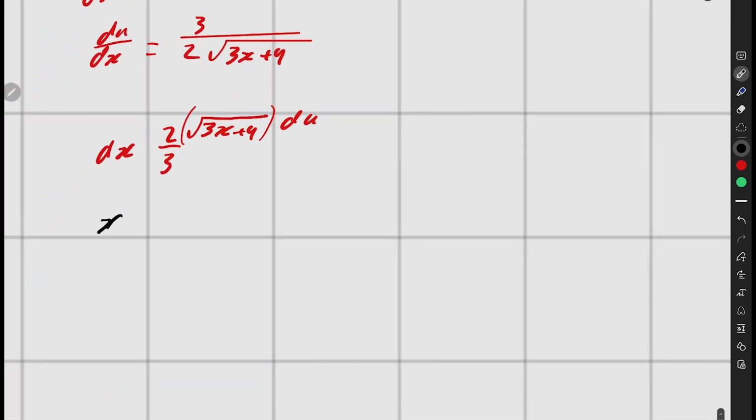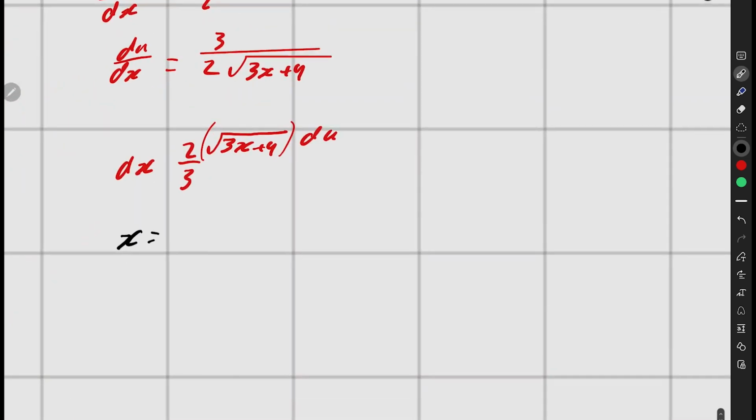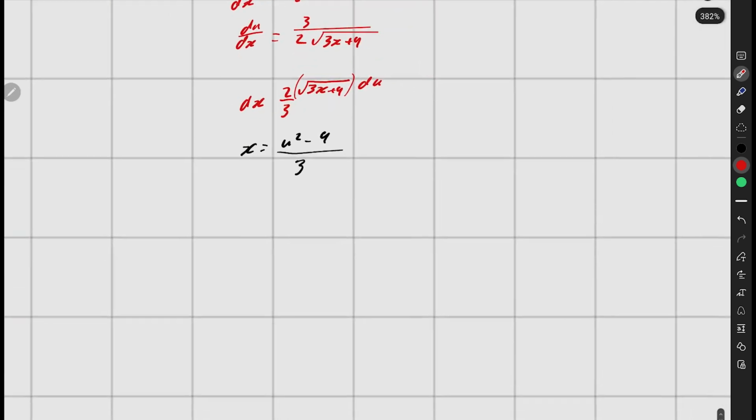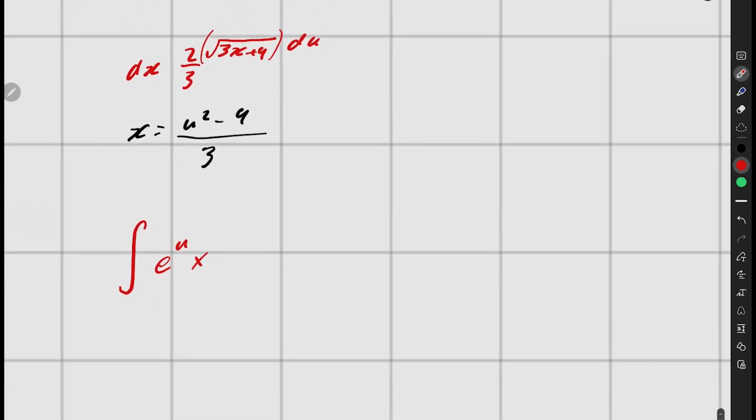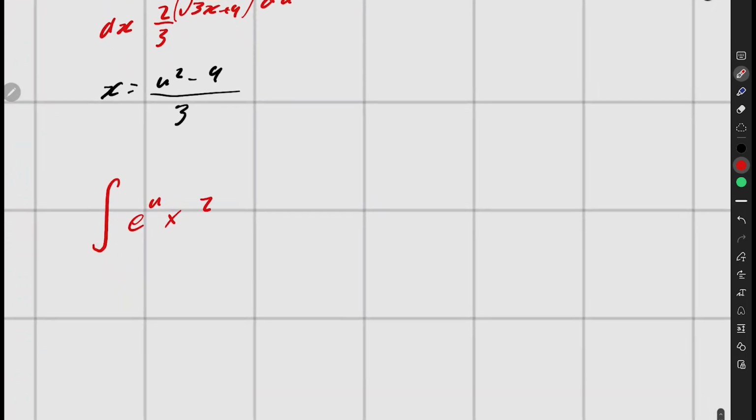So we know x is equal to (u squared minus 9) divided by 3. And I think that's going to be very important in the next few steps. So let's write the integral out again. We're going to have the integral of e to the u multiplied by dx. That's going to be 2 over